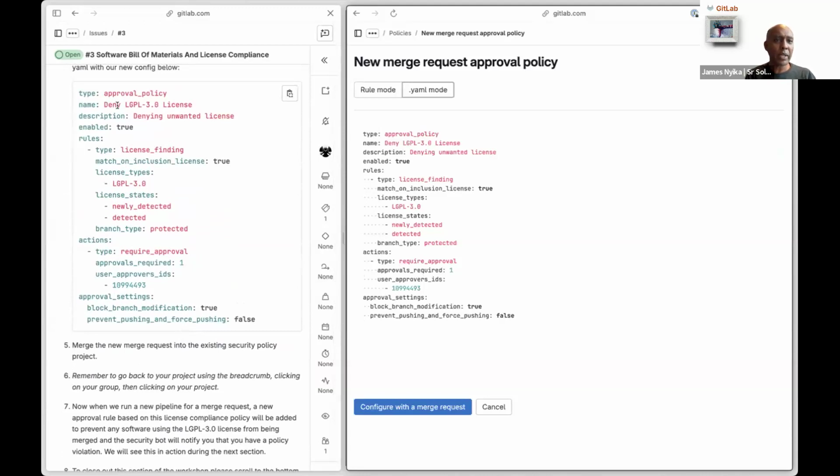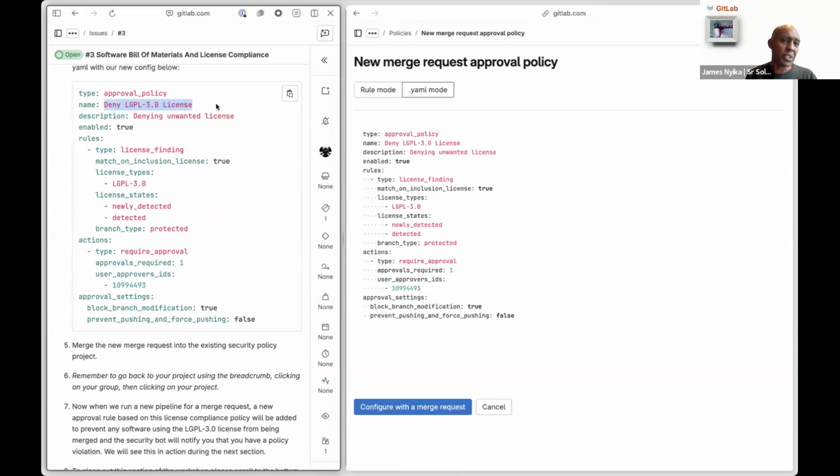Taking a quick look at it, what is it really saying? Well, it has a name, deny the LGPL3 license, and a short description. It's enabled, which means it's an active rule. And the rule is really find a license. And if you find a match for this string, which is LGPL 3.0, whether it's newly detected or was previously detected on a protected branch,